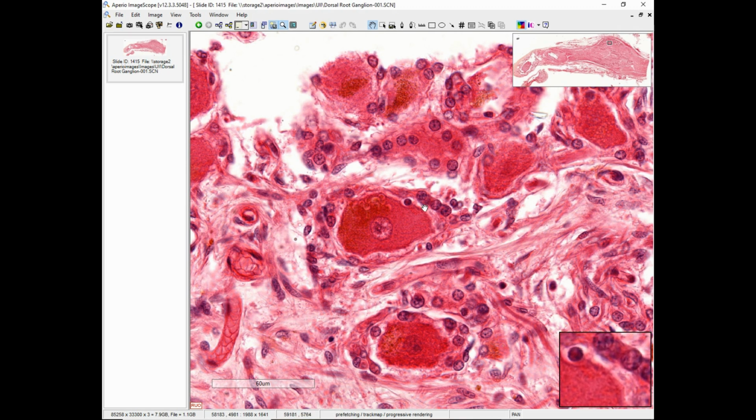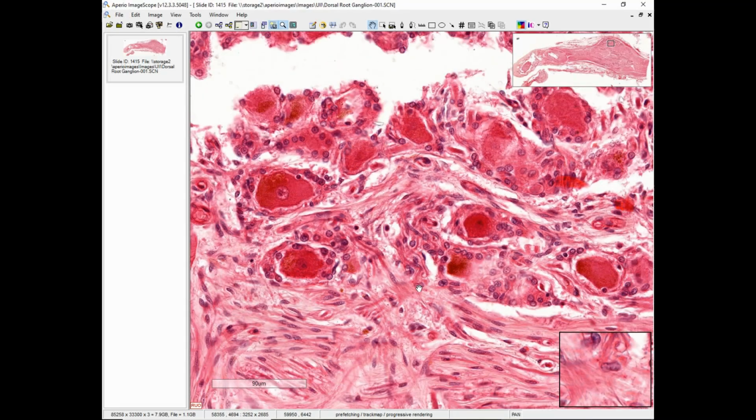But these sensory neurons are kind of special in that they have a single axon that splits and goes to the periphery, and then also splits and goes towards the central nervous system, the spinal cord. And so we don't really have any dendrites sticking out of here. So we tend to have a fairly even coating of cells around it. These are going to be the support cells of the neuron cell body, and these are called satellite cells. So the nuclei of these satellite cells are these little kind of darker bulbs right here that we can see